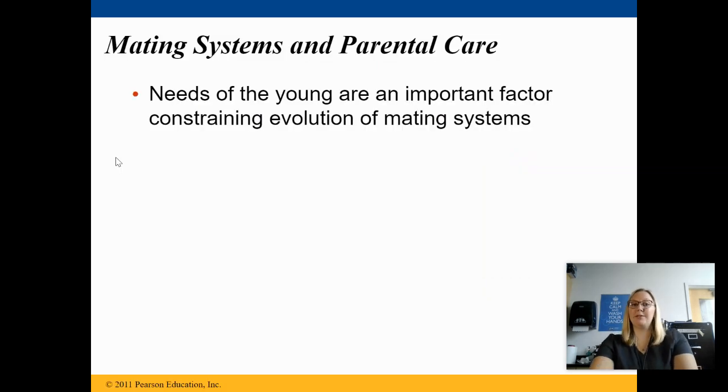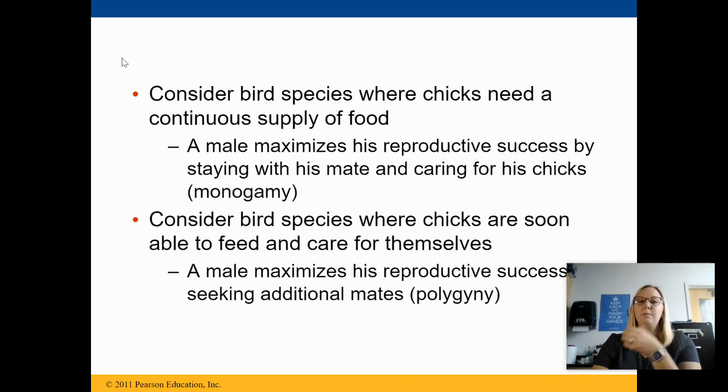Mating systems and parental care. The needs of young are an important factor in the construction of an evolutionary mating system. Consider bird species where chicks need to be constantly supplied with food. The male maximizes his reproductive success by staying with his mate while helping to care for the chicks, which is